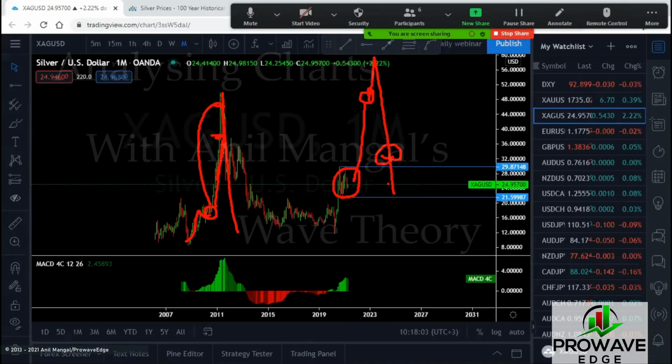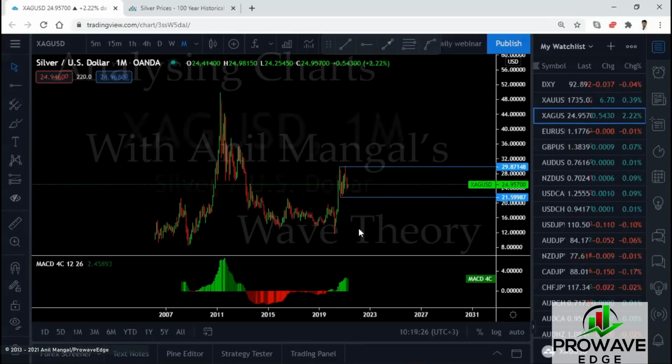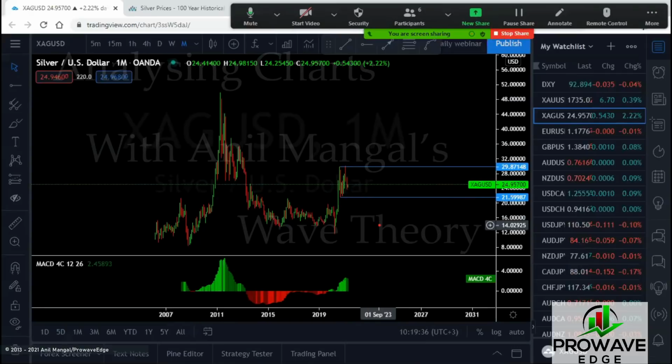Very likely. So if you understand this concept, you will know when you got to get out, when you got to stay in, when you got to get in, and when you can stay with it. Now, we don't trade these bigger ones, but this is an example of what you would see on any time frame. An impulse, a consolidation, and another impulse.